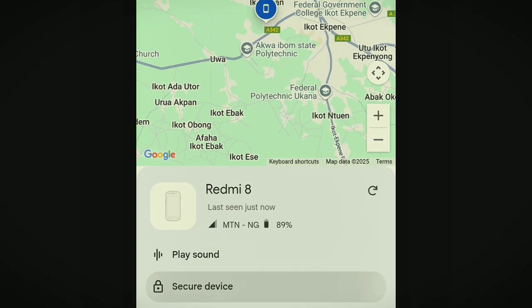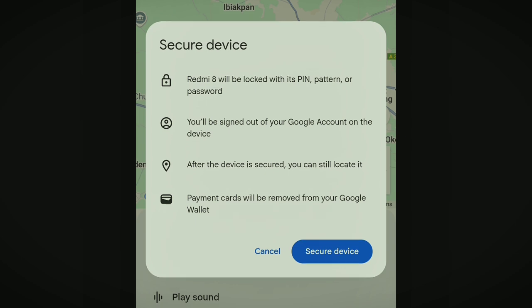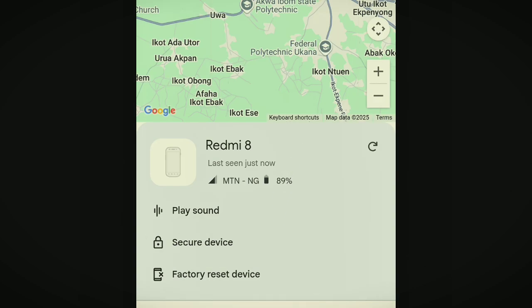If you're a business person, you want to secure your documents, your files, and everything that has to do with you under your phone, you can click on this button to secure your device depending on the option that you choose from the list given. To proceed, click on the secure device button that is marked blue. Then follow the procedure to protect whatever file or document that is inside your phone. There are some people that have bank statements and all that in their phone. So by the time you follow this procedure, you will lock your phone and buy yourself some time to be able to figure out how to recover your phone before the